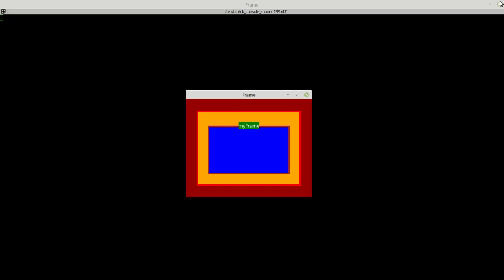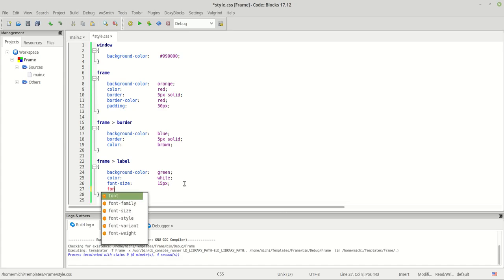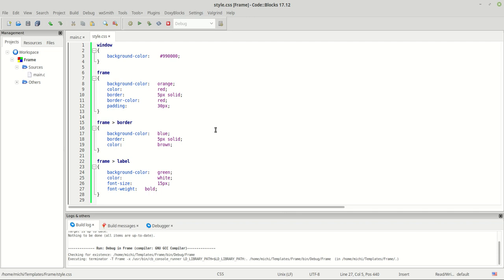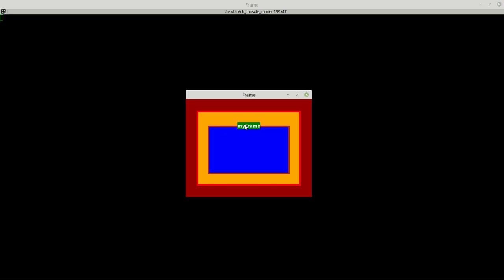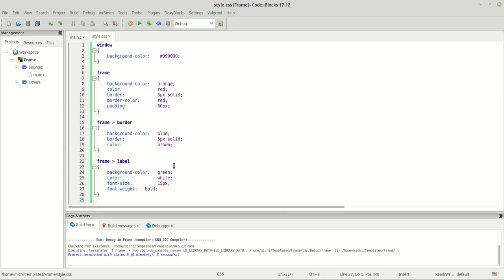You see, the same thing happens now with the font weight. Let's set it to, I don't know, bold. We are setting the font to bold. Okay, let me compile it and run it, and now you can see it better. Okay, the next thing,